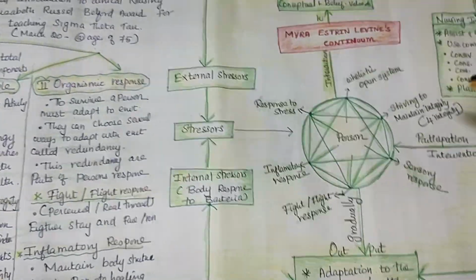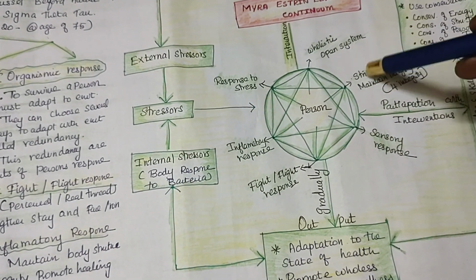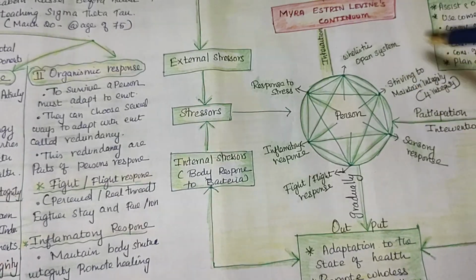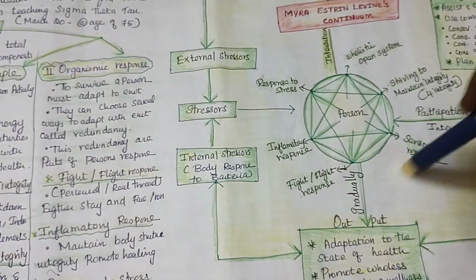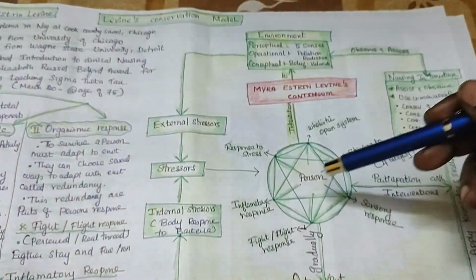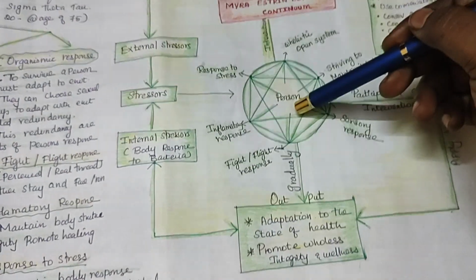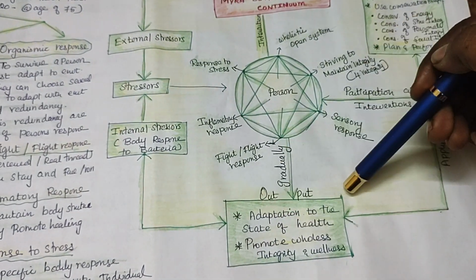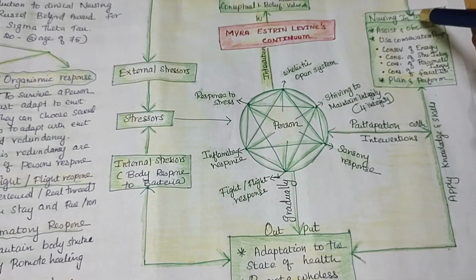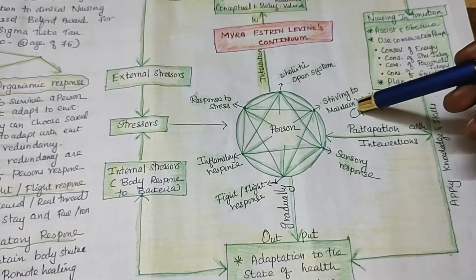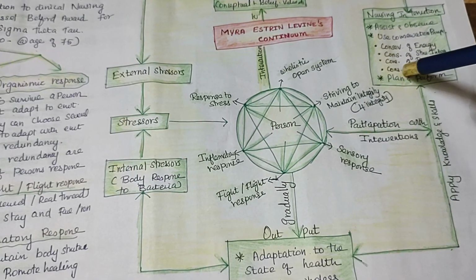We have to understand the conservation principles and organic response. Any individual responds, either with a positive or negative response. This response only helps lead him to health or to illness. So we, as nurses, have to observe and assess his integrity, where he needs help and